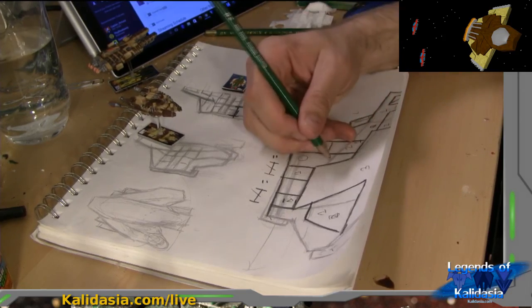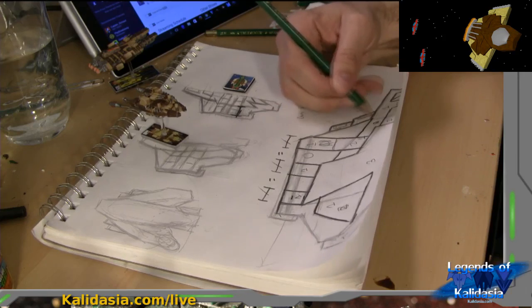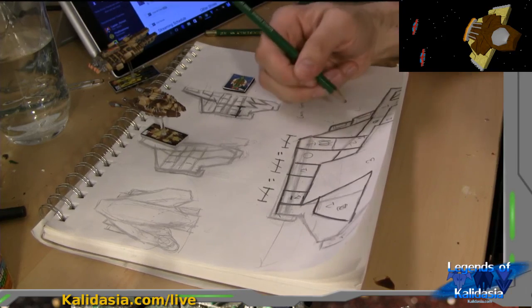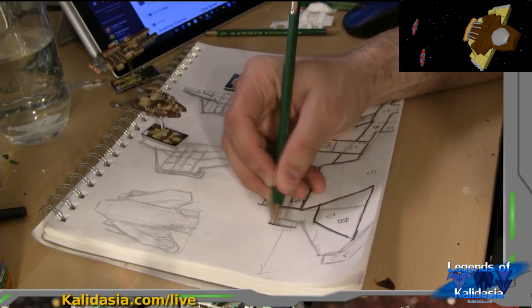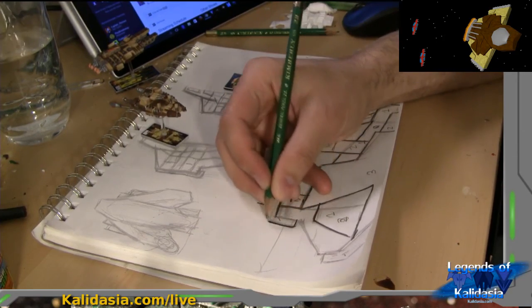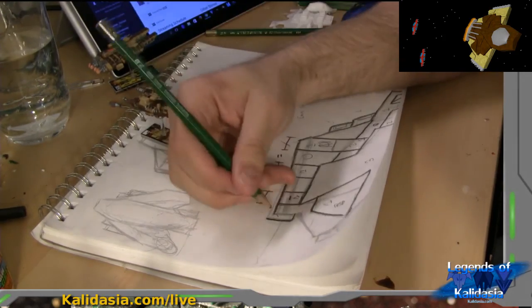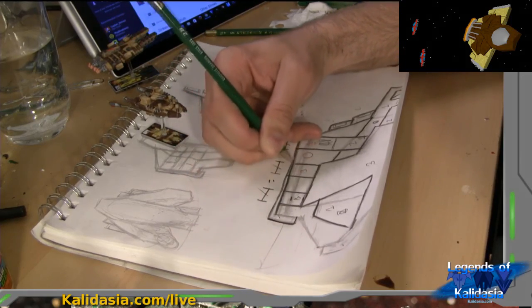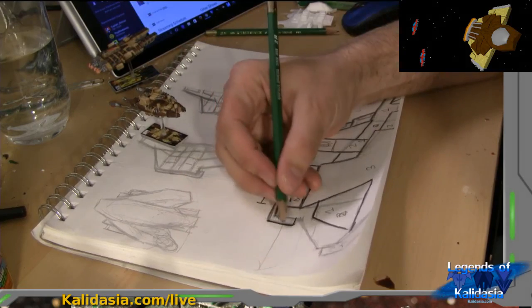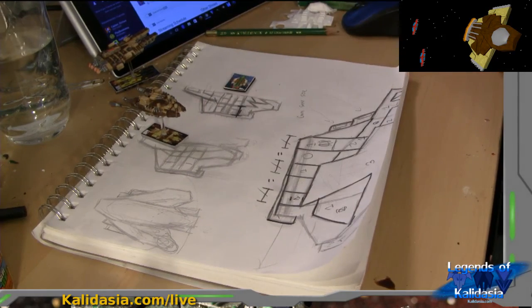Okay. And then this runs like that. And that's supposed to be a direct extension of this thing. Here's our... so here's the engine that's on the edge of the wing. I'm trying to decide if I want to do something kind of cool with it. Like, I could do...